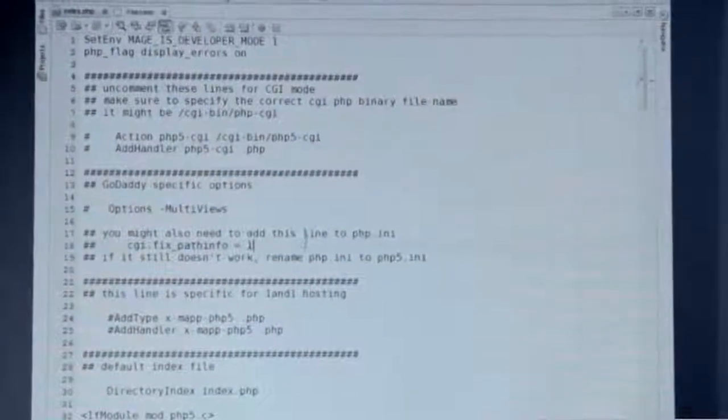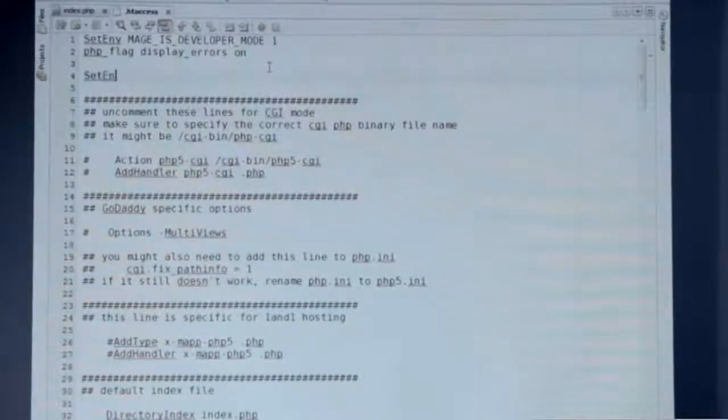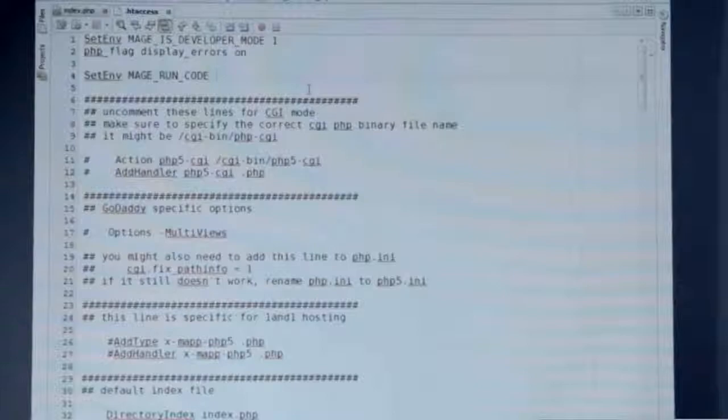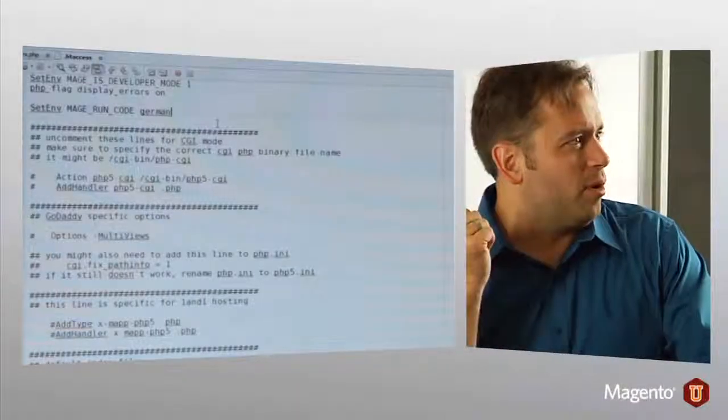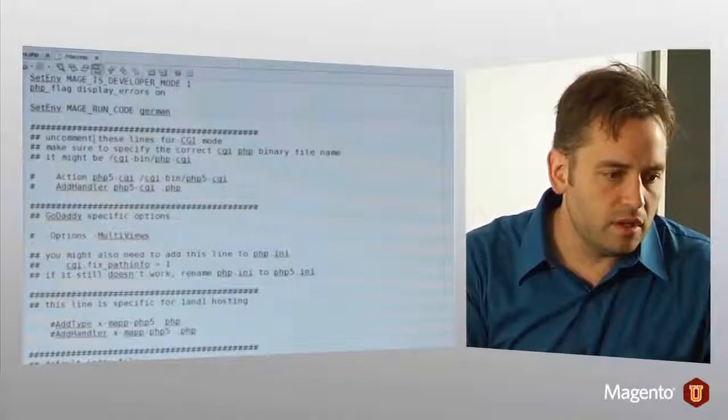I could go into my htaccess file and issue another set env call, so set environment variable. What's my run code? Okay, so mage run code. And I could say German. Where did the German come from? If I need to know what code to use,